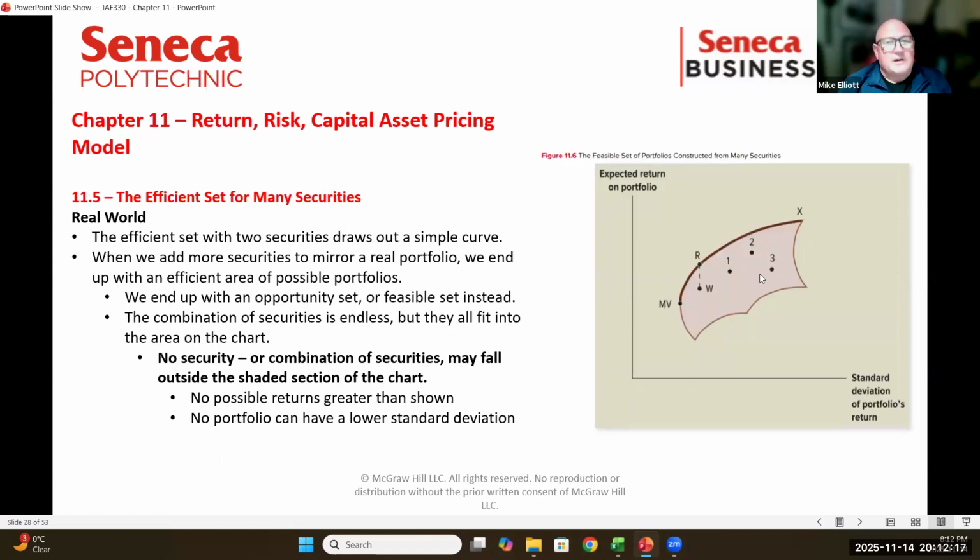And then when we looked at many stocks, we discovered there's a bat wing. We still want to get to the efficient frontier, but we recognize that within this, there are going to be stocks that we pick where we can find a better stock that's going to be right on the efficient frontier. So the choice between W and R, the choice is not between risk profiles because they have the same risk profile. The question is, as long as I can give you the same standard deviation, would you rather have an 8% return or a 10% return? And most people would say I'd rather have the 10% return.